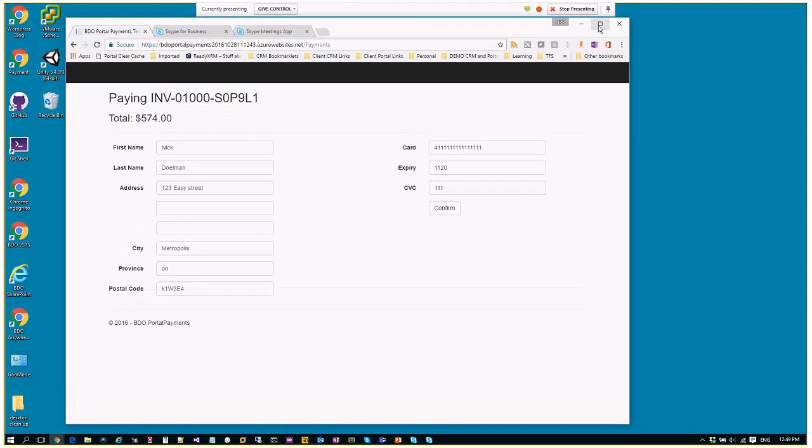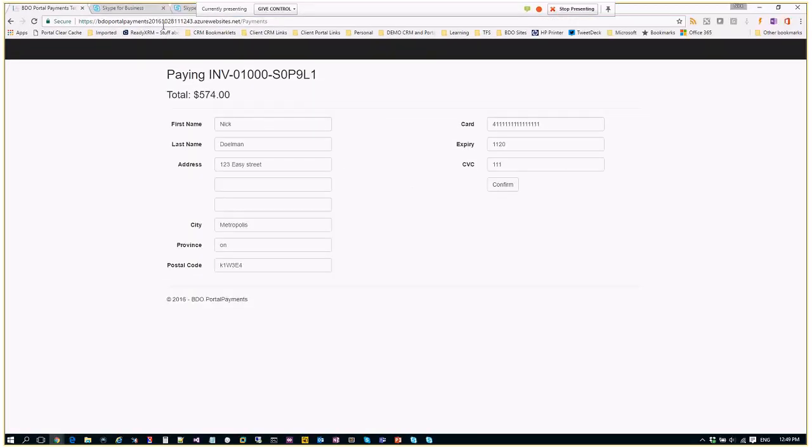By paying that, I'll get redirected to this. Now this is sitting on an Azure website, and what that did was it passed over this information, really just the invoice ID. And then once I got here, it was able to call back to CRM to pull up my first name, the invoice total, and all that stuff. Now when I hit confirm, it actually goes through our web app, because we couldn't directly call our payment gateway API from within the portal, within Liquid or JavaScript, so we created it through our web app using C#.